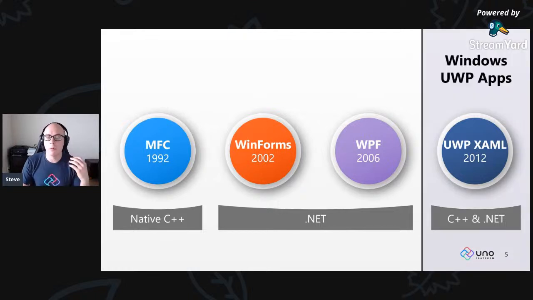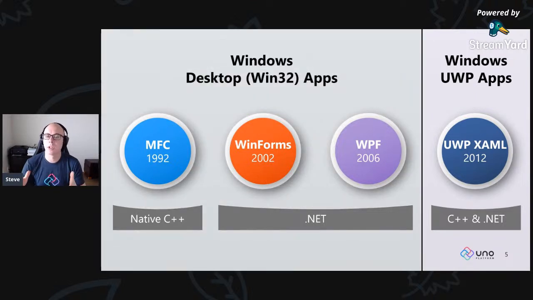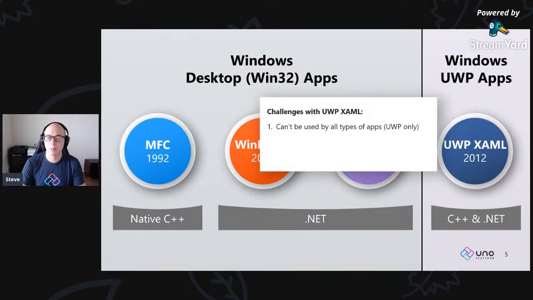And so UWP XAML was created for UWP apps. When I talk about UWP apps, I mean those Windows 10 store apps that run in that sandbox. So basically there are two types of Windows apps, those UWP apps, those Windows 10 store apps, and the Windows Desktop Win32 applications, like I just mentioned, that rely mostly on the frameworks to the left. So this leads into some challenges for UWP XAML. It can't be used by all app types, so it's UWP only. So the latest and greatest UX framework can only be used for one type of app